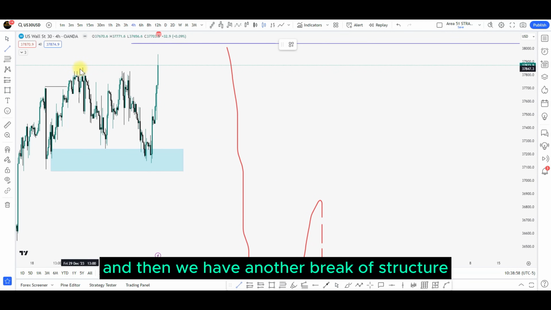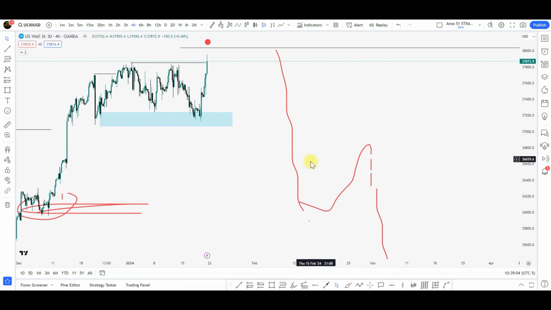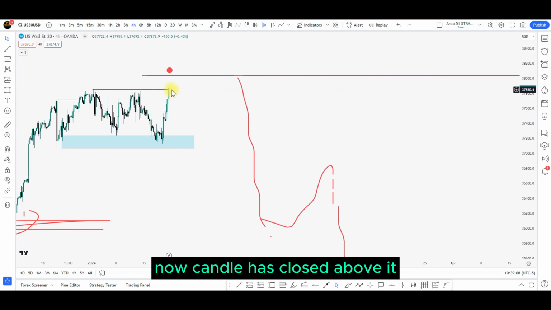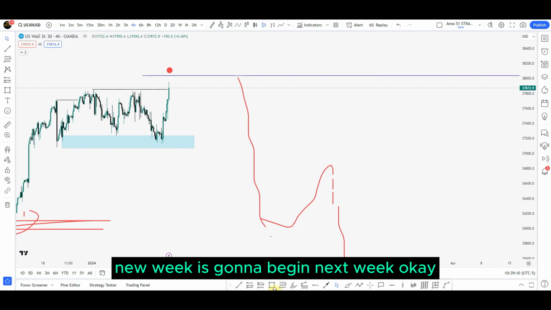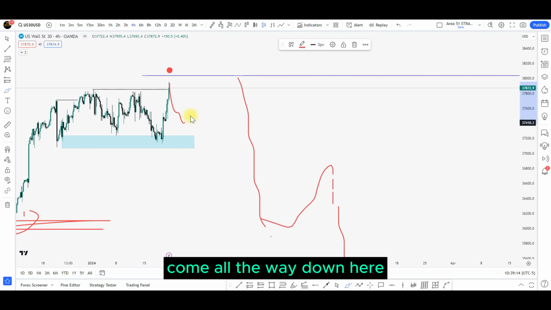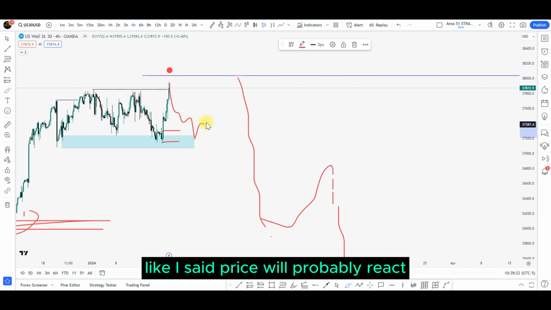And then we have another break of structure, which is a valid internal break of structure. Now, the candle has closed above it. A new week is going to begin next week. Okay, price might come all the way down here. There's an entire area of imbalance slash demand zone. Like I said, price will probably react,